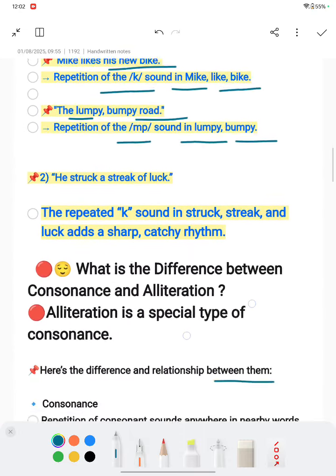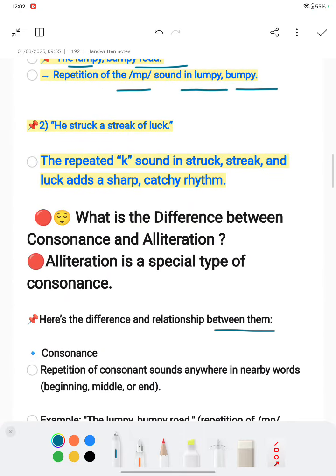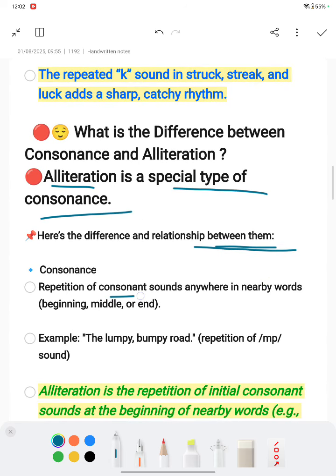Now let's discuss what is the difference between consonance and alliteration. Well, alliteration is a special type of consonance. Here's the difference in relationship between them. Consonance is the repetition of consonant sounds anywhere in nearby words. It can be at the beginning of the word or in the middle of the word or at the end of the word. For an example, in "the lumpy bumpy road," there is a repetition of MP sound in the